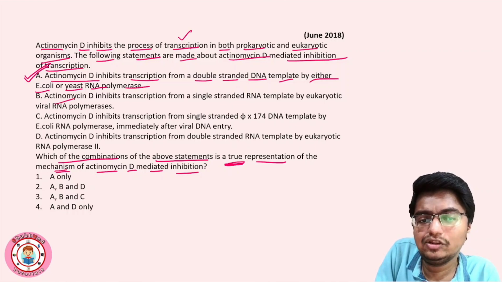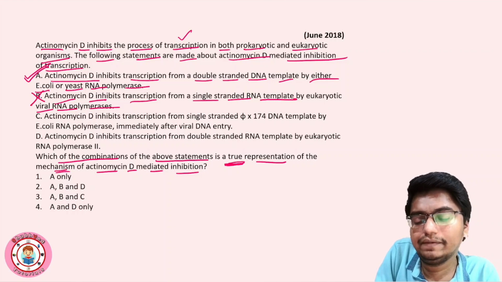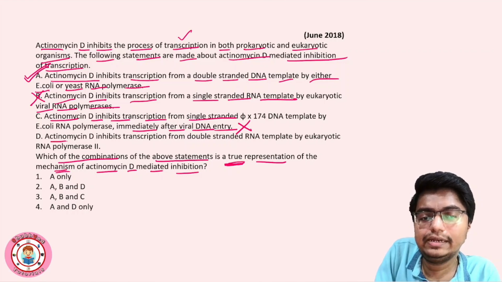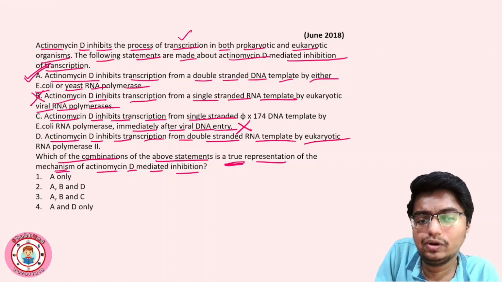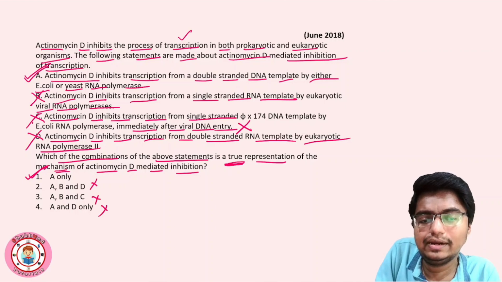B statement is, actinomycin D inhibits transcription from a single stranded RNA template by eukaryotic viral RNA polymerase. Oh, correct है? Actinomycin D inhibits transcription from single stranded. Oh, ये भी wrong है. Okay, this is also immediately after viral entry. Wrong है ये भी. Actinomycin D inhibits transcription from double stranded RNA template by eukaryotic RNA polymerase 2. This is also incorrect. Correct statement है only A. The correct option 1 correct है. A, ABD wrong, ABC. C statement गलत है. As well as